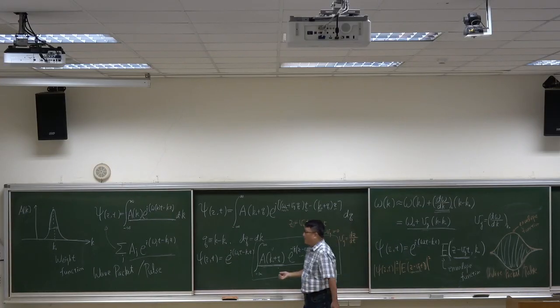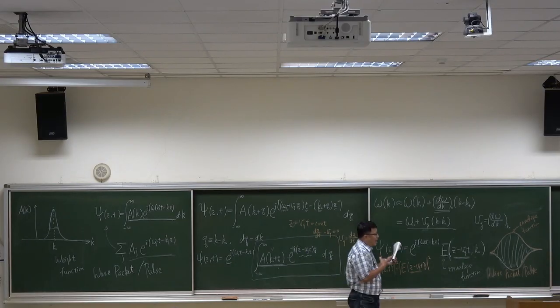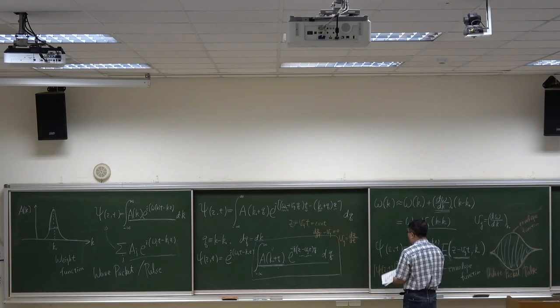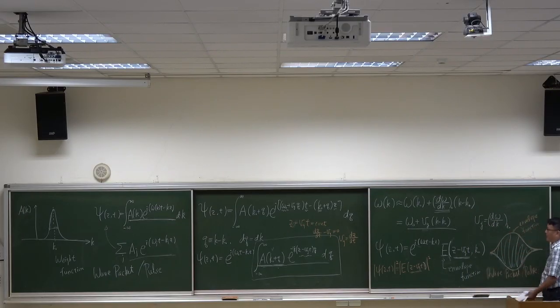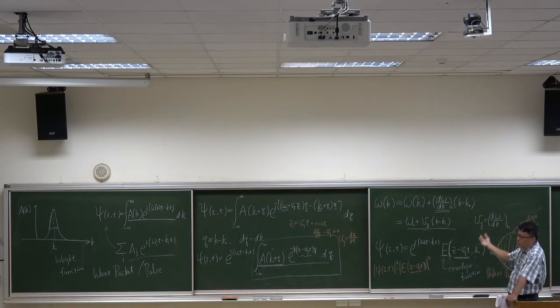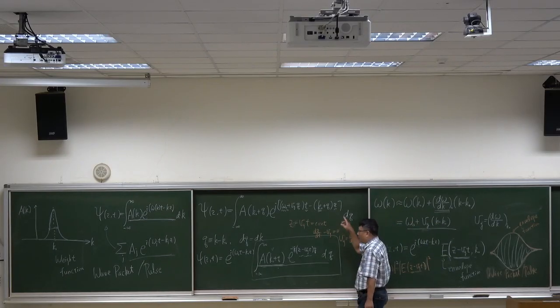So the so-called group velocity is identified with the moving velocity of the center of the wave packet. 就是这个波包的中心点的移动速度，就是所谓的群速度。但这些说法稍微简化了一点，因为我们刚刚的 approximation 其实有简化了一些东西。